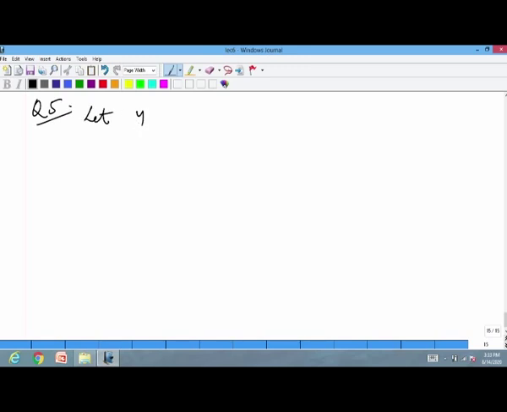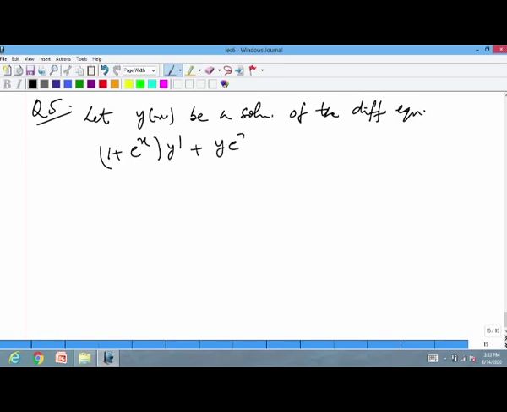Let y(x) be a solution of the differential equation (1 plus e to the x) y prime plus y e to the x equals 1. If y(0) is equal to 2, then (a) y(-4) is equal to 0,